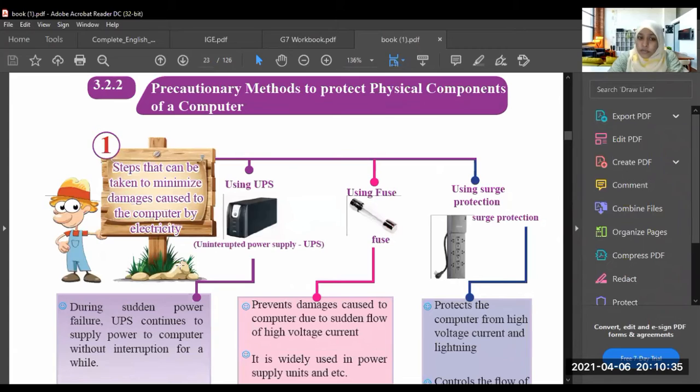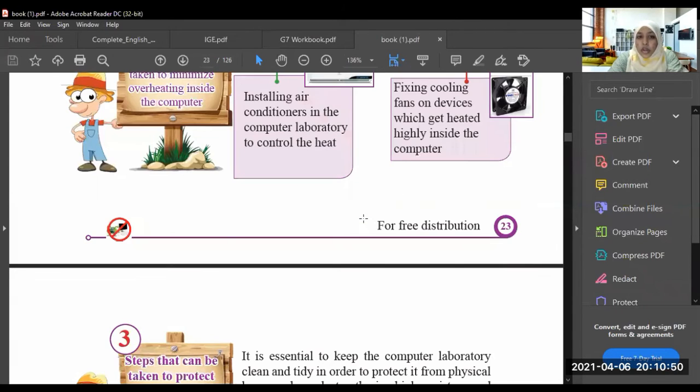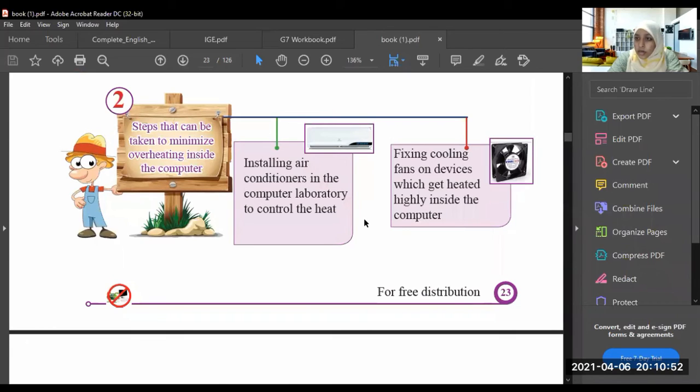In step one, we learned how to safeguard our computer from electricity issues. We can use UPS, fuses, and surge protection. Also, to secure the hardware components from heat, you can use ACs, as well as cooling fans on the devices which get heated highly.